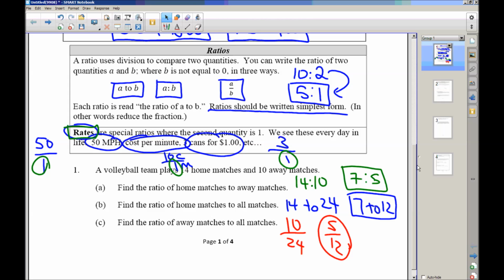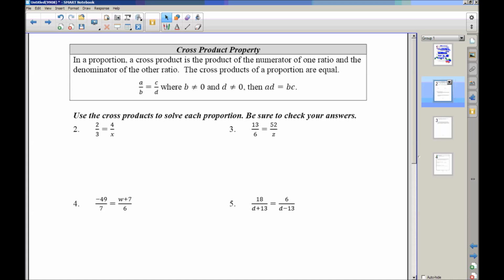Most people will write theirs with the fraction. The most common way of seeing a ratio. Right? Flip the page over. Cross product property. Okay, so if 2 ratios are equivalent to each other, for instance, 1/2 is equal to 5/10,